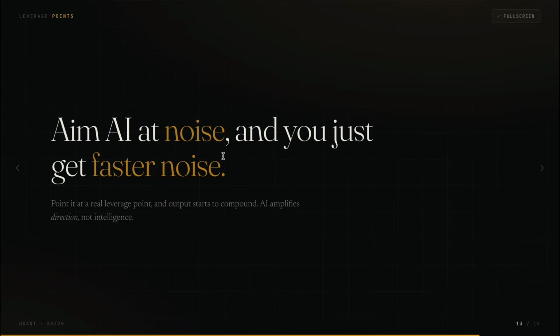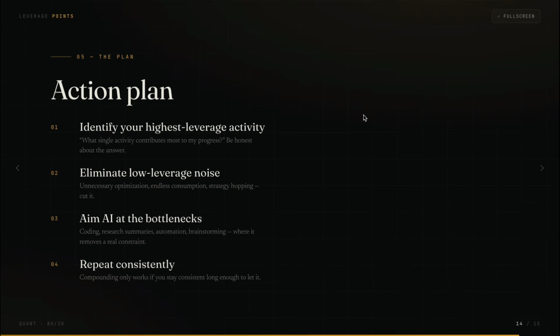That's not just trading. This is the final action plan: your highest leverage activity, and then eliminate the low leverage noise, like watching your performance after each trade. Why are you watching that? It doesn't make any sense. Watching the daily P&L, maybe you can watch it once every day, but not every hour. That doesn't make any sense. Or maybe watching YouTube gurus' videos. That thing doesn't make any sense.